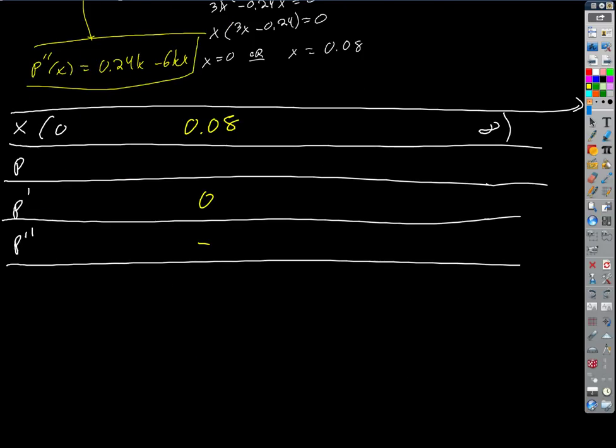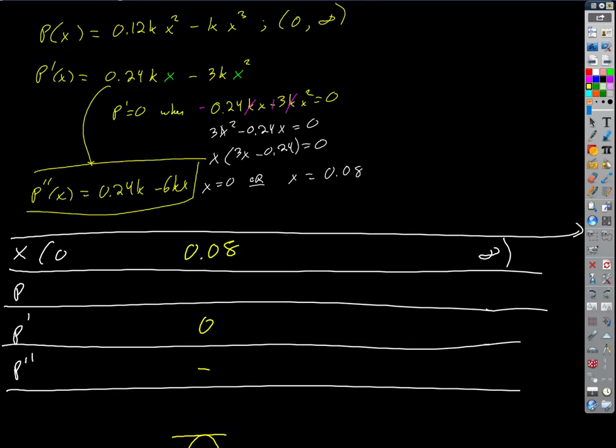So what does this have to be then? If I have a 0 first derivative, that's horizontal tangent, negative concavity, it's a maximum. So there's only one maximum anywhere. So that's got to be our maximum, right? Our absolute maximum. So 0.08 is the interest rate that we're going to charge. Right? Make sense? Okay, there's one other kind of problem I want to take a quick look at, and then